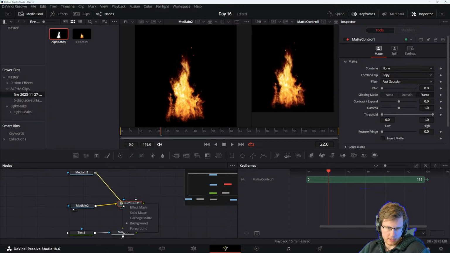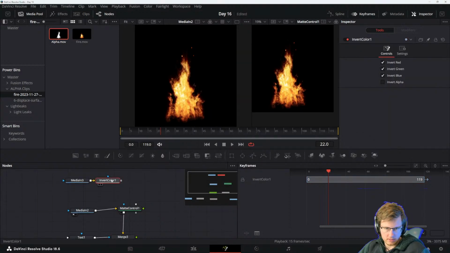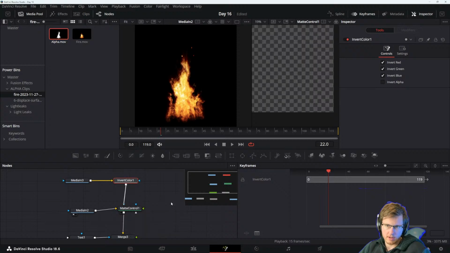Connected as a solid mask? No. I think it is. Wait. If we invert this, and now if we do it as garbage matte,